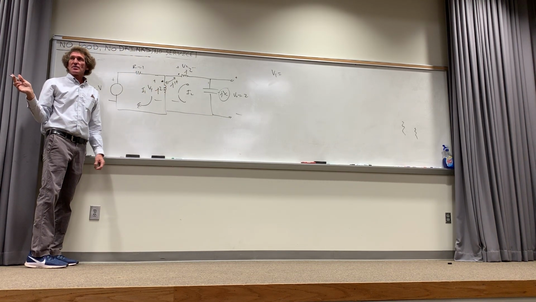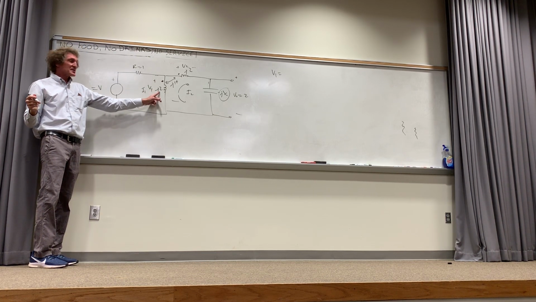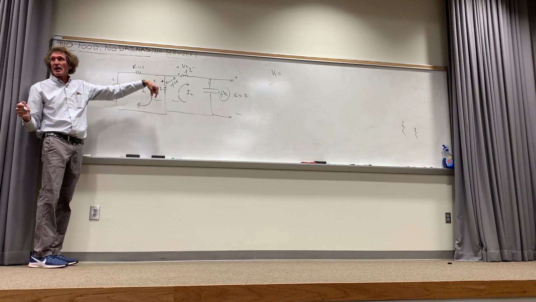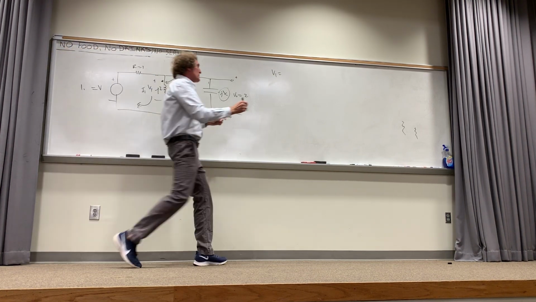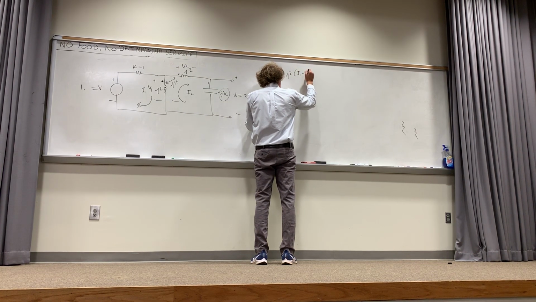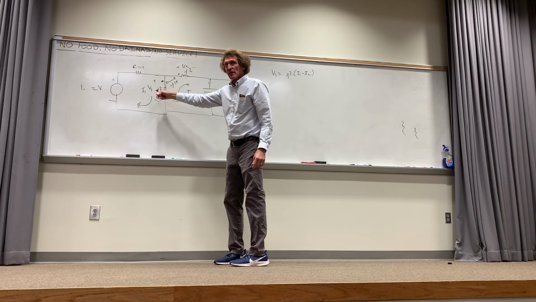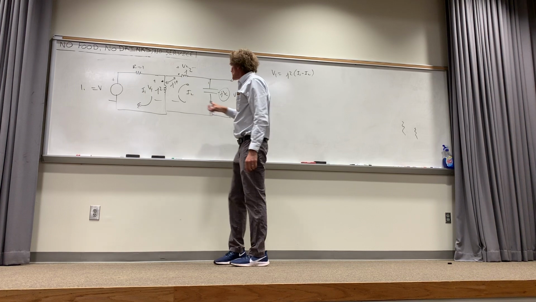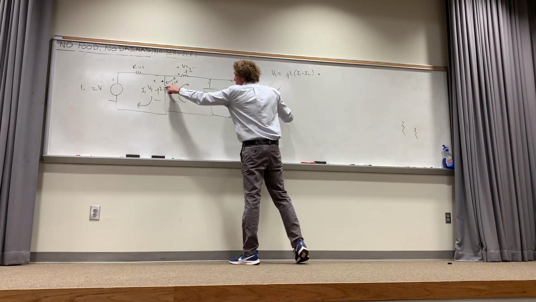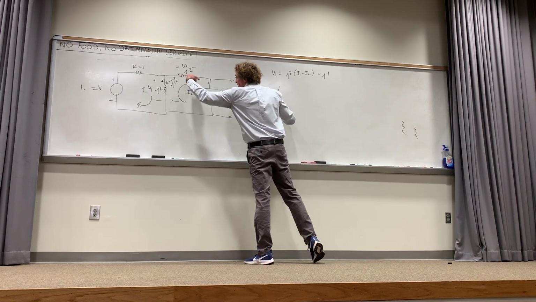Now, when I do that, I'm going to just put what V1 is right here. So it's going to be this self-impedance, J2, times the net current flowing down, which is I1 minus I2. So it's going to be J2 times I1 minus I2. It has to be the net current flowing in this direction. Everybody follows me on that? Then it's plus the mutual impedance, which is J1, times the current flowing here, and that is just I2.